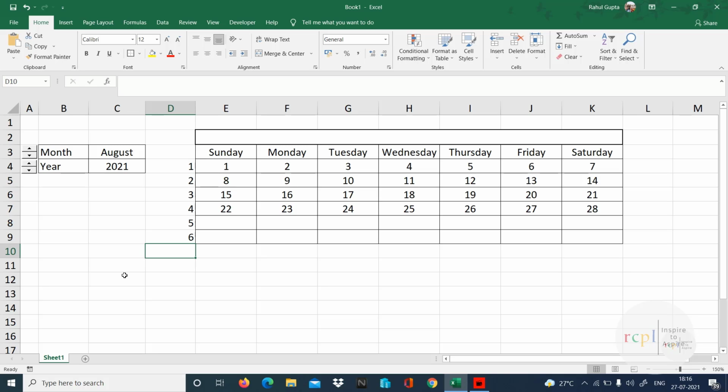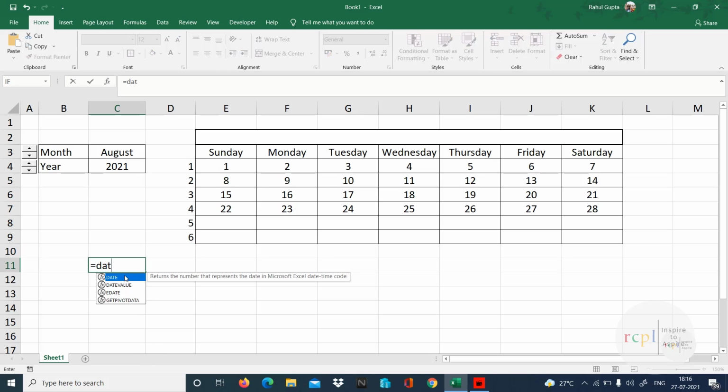Not the date, day of the month. Date we know, it's EOMONTH function we can use. So can I get day of the month? Let's see. For that again I need to make a date. That's my year. Month is in A3 because that's a numeric month we have to take. We cannot take January, February, March as names. 1. And here we have to get EOMONTH of this. Sorry. Comma. 0 for the current month.